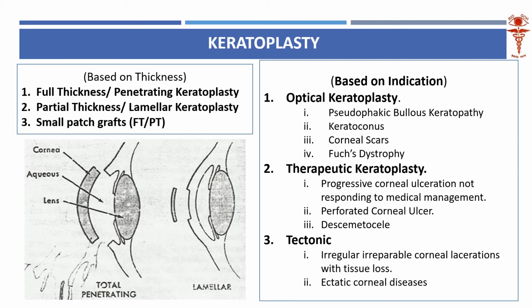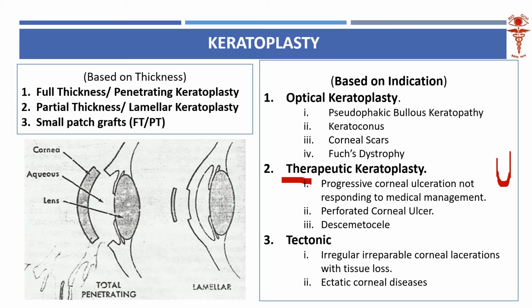So the keratoplasties are of two types. One is therapeutic keratoplasty. The easier to understand is therapeutic keratoplasty. We already discussed, therapeutic keratoplasty is done in corneal ulcer. In ulcer patients, when they are about to perforate or they are perforated, that sick, diseased cornea is removed, that corneal button is removed, and the donor cornea is kept in that place. See, the diseased cornea is removed, the donor cornea is placed here, and it is stitched.